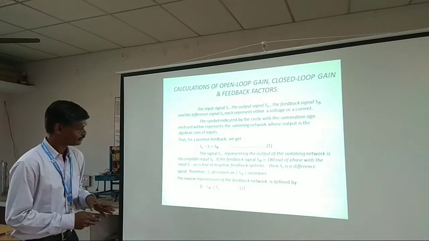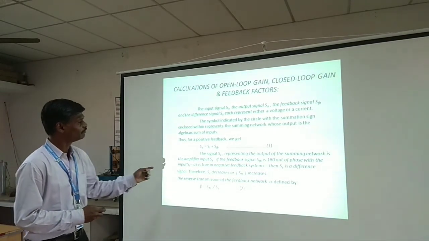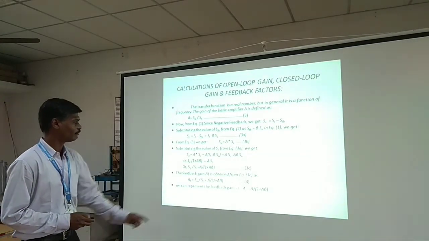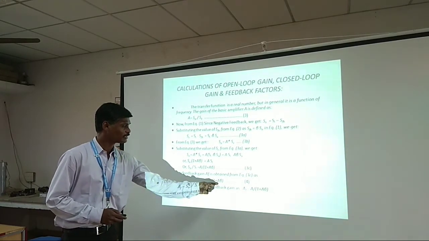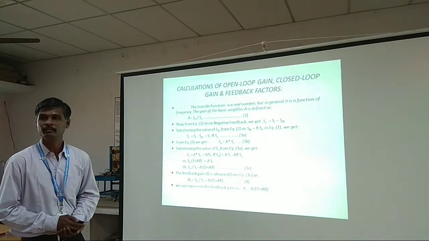If it is a current amplifier, then we have to take it as current. With the help of this, we can generate the corresponding expressions, and finally the gain AF is equal to A by 1 plus beta A, and this denotes that the feedback amplifier